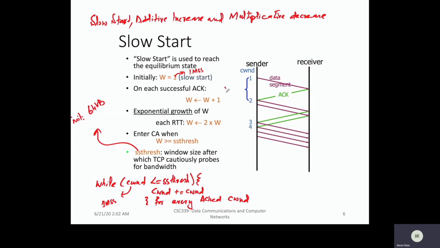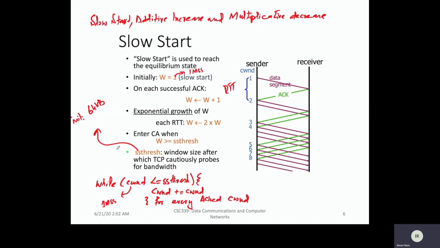But in each RTT, so this is one RTT, in each round trip time, its size is doubled, right? So after every RTT, upon receiving a successful acknowledgement, the size will be doubled until we reach the slow start threshold, right? If the congestion window is now greater than or equal to the slow start threshold, we will enter into this additive increase, which is called the CA or congestion avoidance phase. Okay, so the first phase of the TCP congestion control mechanism is this slow start mechanism, where we'll see if the congestion window is less than or equal to the slow start threshold,